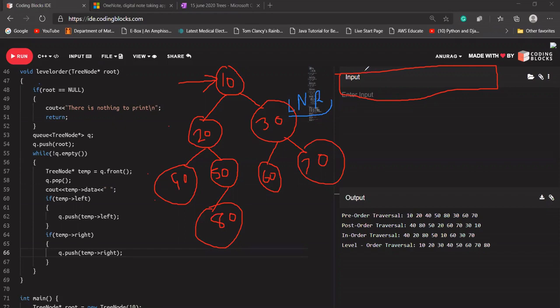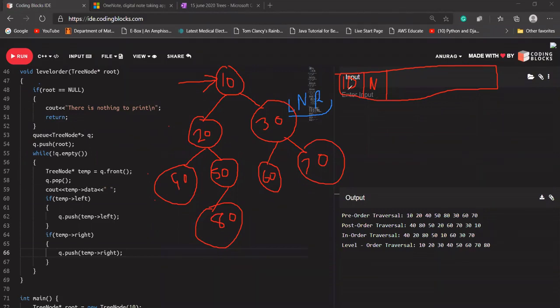So first, 10 will be added. After 10, in the initial case, I'm going to add a null, which I'll write as n. So after inserting 10, I insert a null value.